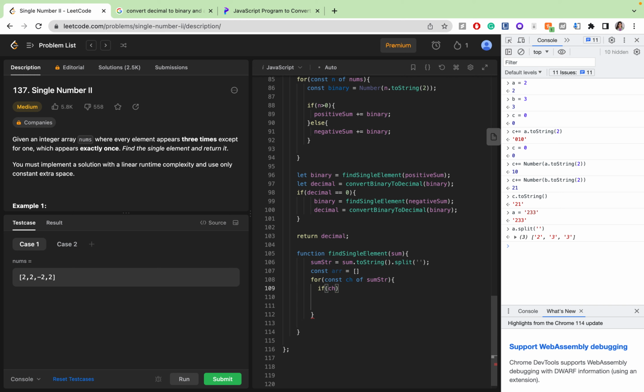So if this number %3 is equal to 0, so if it is divisible by 3, then let i is equal to 0, i is less than sum string dot length, i plus plus. If it is equal to 0, then I will just change this to